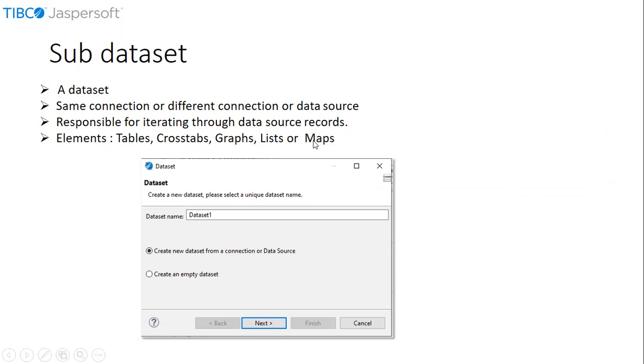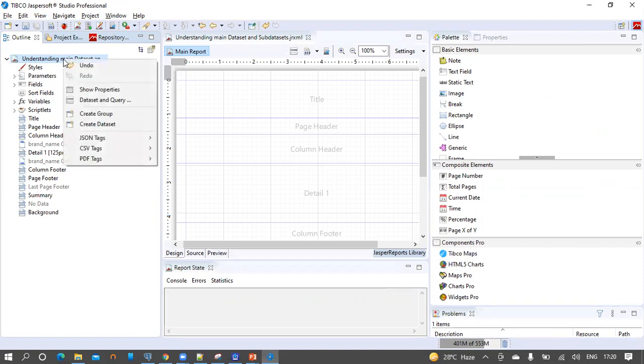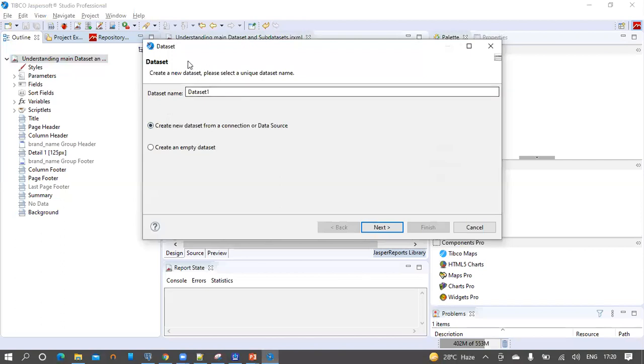Let us see how we can create a subdataset in the Studio. From the hierarchical view of the outline, select the root element, which is nothing but the report name in this case. Then click on Create Dataset. From the dataset window, by default, the dataset name is taken as dataset1, and we can see there are two options available for this dataset1.